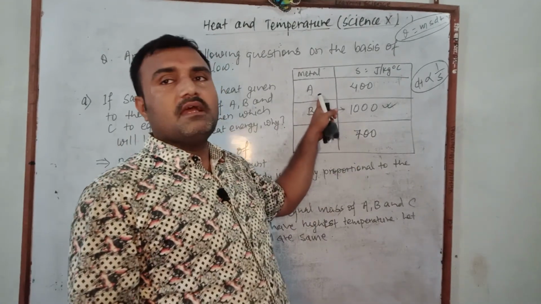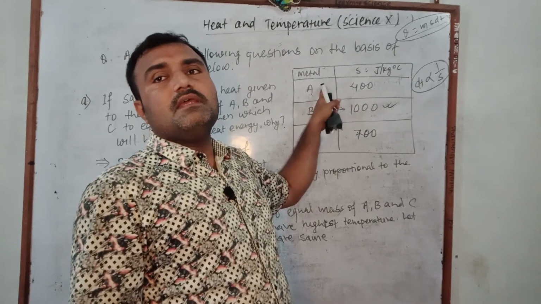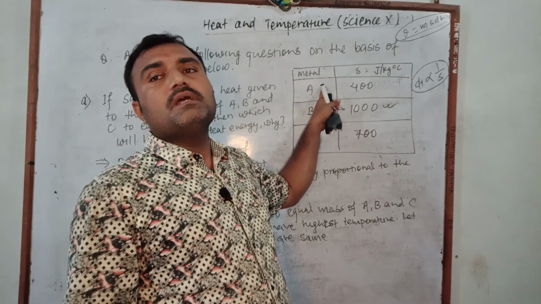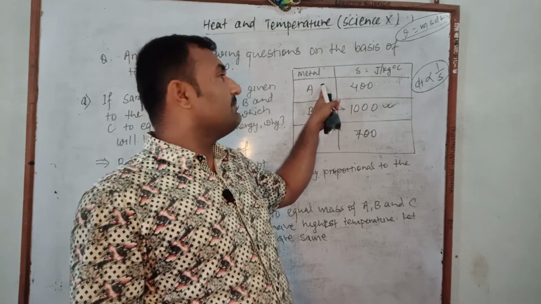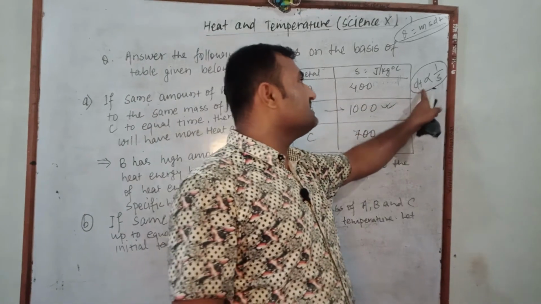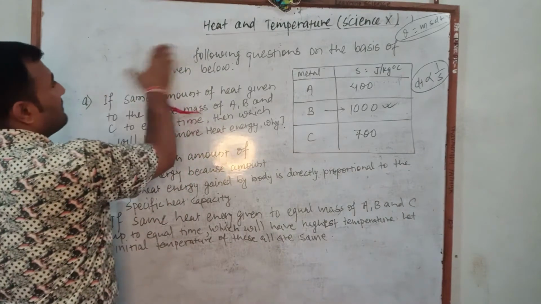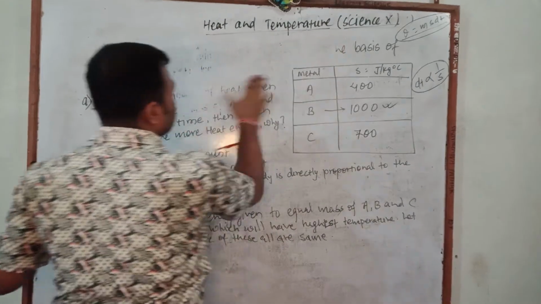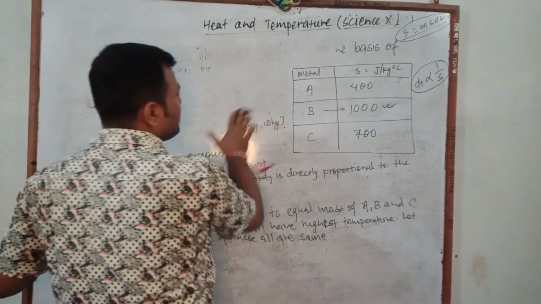A. And when equal heat is given, then the temperature of A increases by more. Here given is the change in temperature, and that is the reason that change in temperature is inversely proportional to the specific heat capacity. And here we can solve this question as a